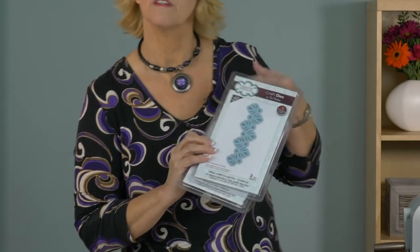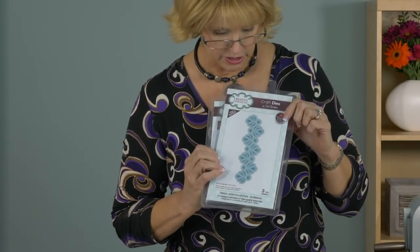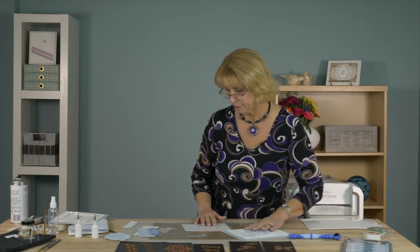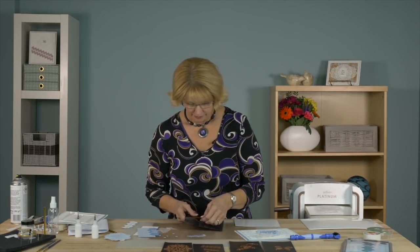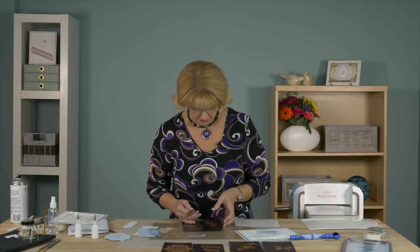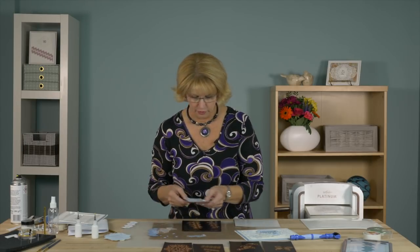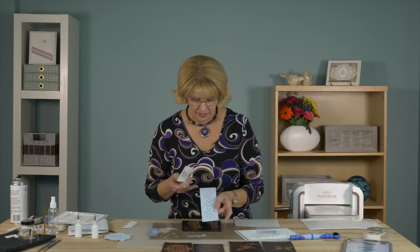And we're going to be using the Florence die. This is the border on either side, and it's a triple layering die. So I think we'll start there. So what I've done is I'll bring in the die set here. So you have the top layer for Florence, and then this is the second layer. Okay, I've gone ahead and cut both of those, the top in the white and the second layer out of